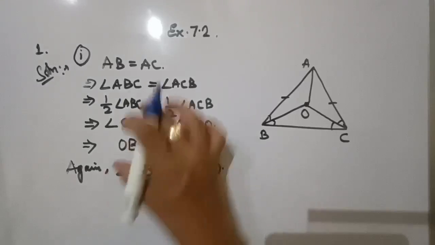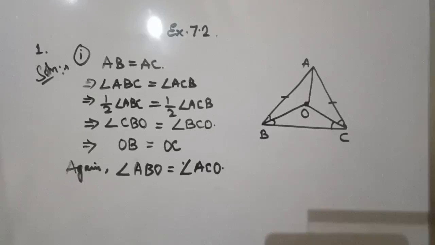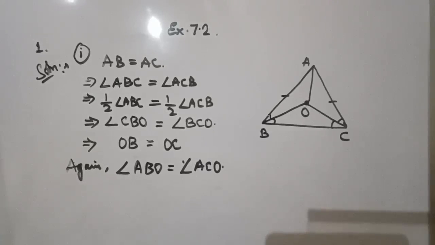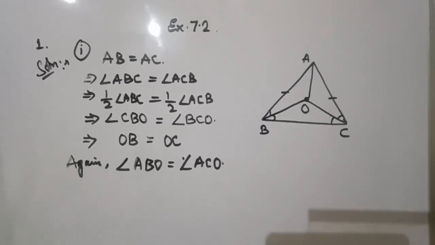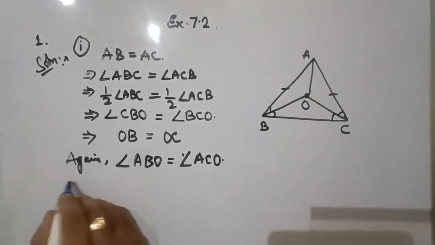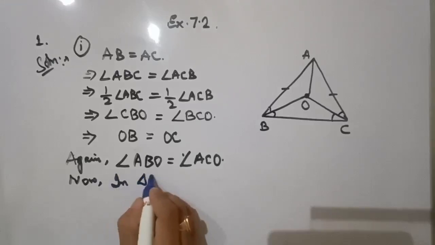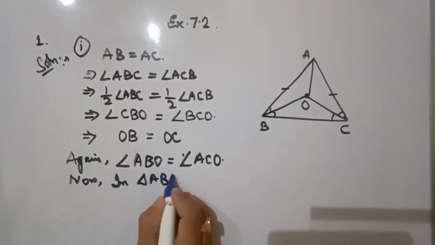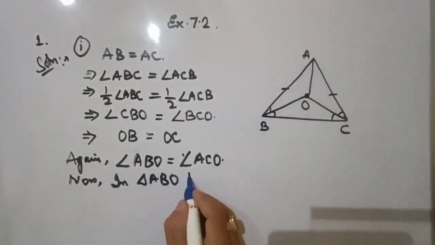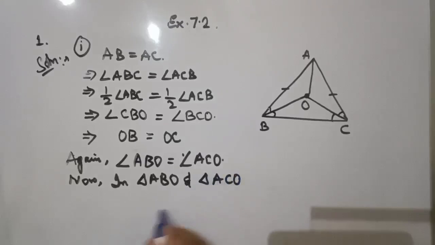This can be deduced the same as before. So measure of angle ABO is equal to measure of angle ACO. Now in triangle ABO and triangle ACO,